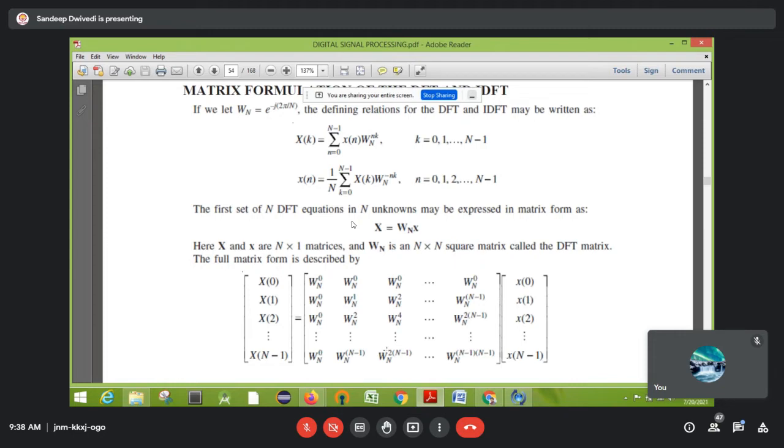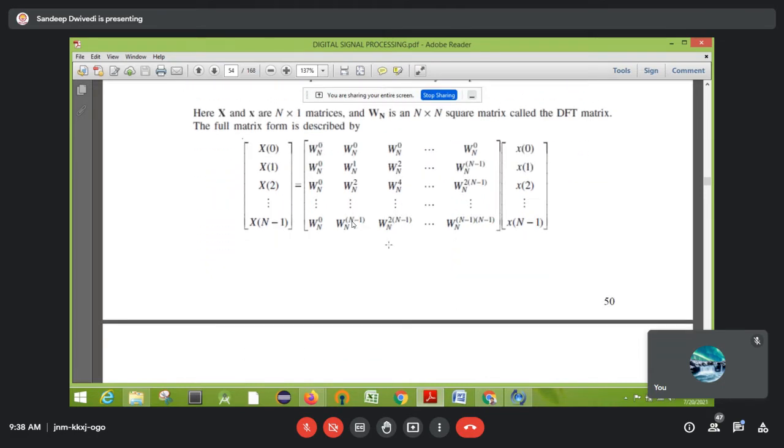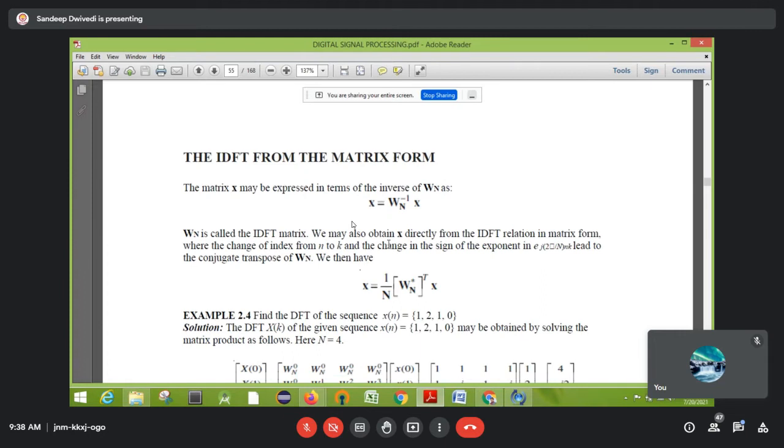ये जो ट्यूडल फैक्टर मैट्रिक्स है, जितने भी 4 पॉइंट डीएफटी के लिए क्वेश्चन आएंगे उसके लिए 4 पॉइंट के लिए सेम मैट्रिक्स रहेगा, 8 पॉइंट के लिए सेम मैट्रिक्स रहेगा, 2 पॉइंट के लिए सेम मैट्रिक्स रहेगा. ओके, so you can apply some logic and you can remember that values directly, so it will avoid your